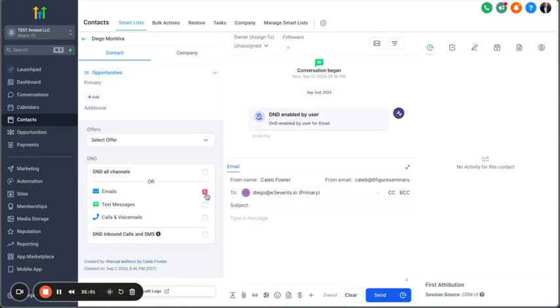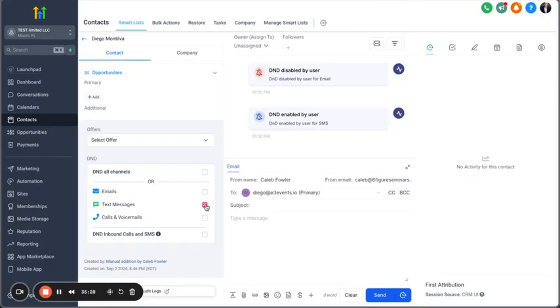If the person did that, selecting the unsubscribe button in an email, when you come to the profile, this will be already on by default if they did it, right? And you can actually remove that DND status yourself for email. For phone number, it's more delicate. You can yourself